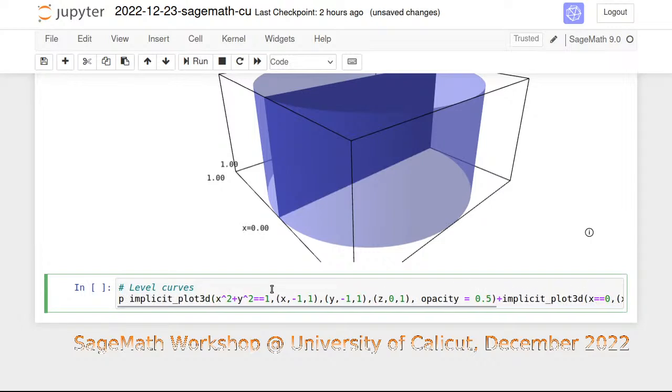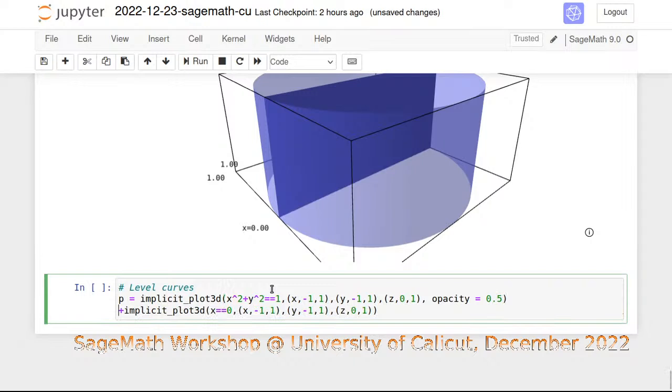Okay, let me just take p equal to this. After that we will use show p plus equal to this. So I want a level curve at x square plus y square, level curve at z equal to 0.5, x square plus y square equal to 1 once again. But what I do is at 0.5 I need 0.5,